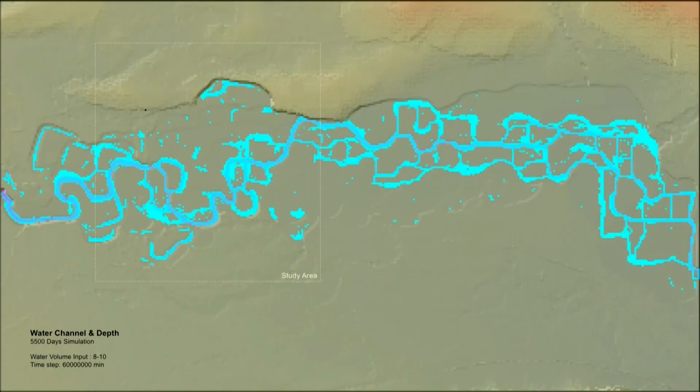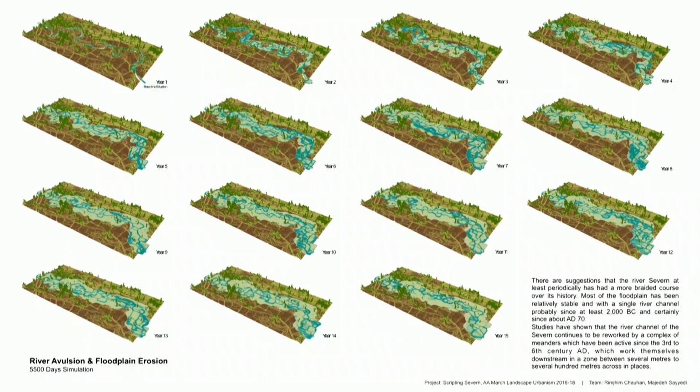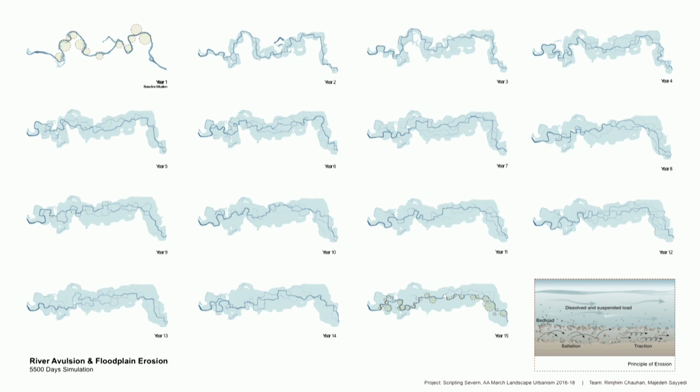It didn't actually take 5,000 days, and it gives a lot of results in terms of the topography, what the flow velocity would be, what the erosion and sedimentation would be. And you can take this into certain other modeling software and make certain analyses through the outputs that you get. For example, here we can see how the avulsions in the river take place, and you can measure the diameter of the curvature of the river.